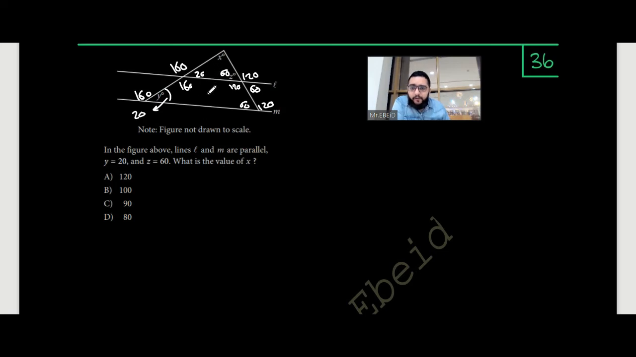What is the value of x? How can we find the value of x? You have a triangle like that, or the small one, 20, 60, and the third one should be equal to 100. As you know that the sum of the interior angles of any triangle equals 180, so the answer is